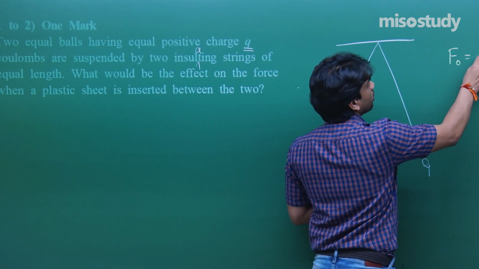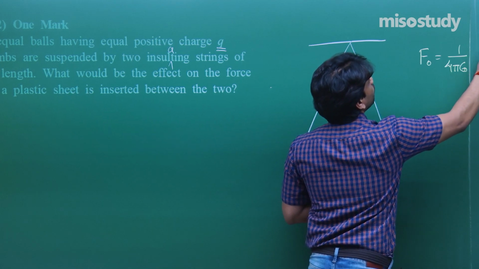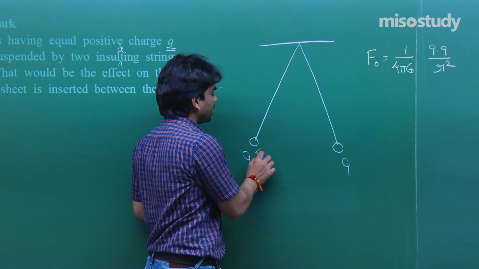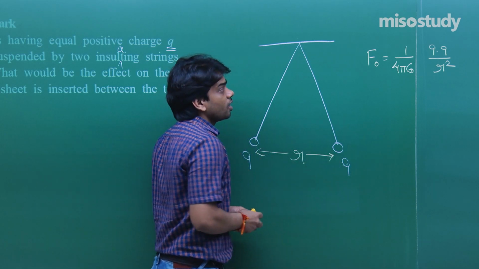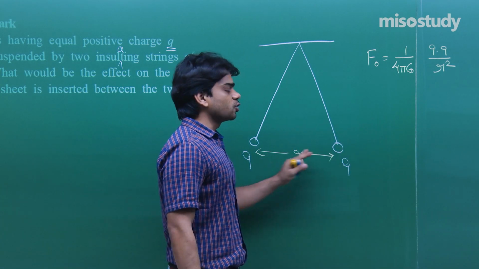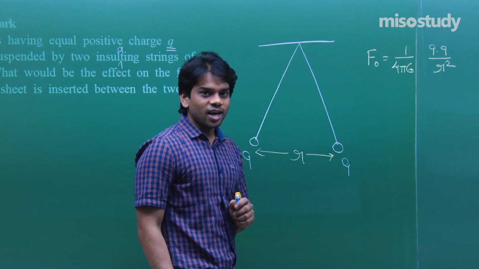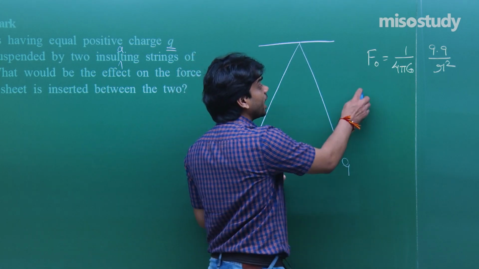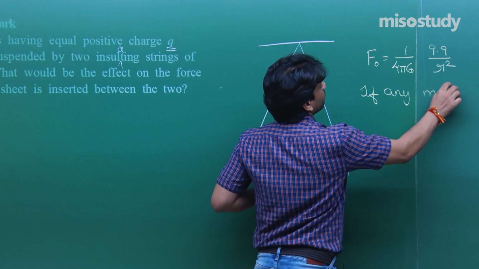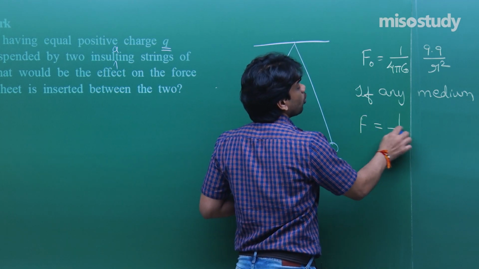So I'm marking it F naught, it will be given by 1 upon 4 pi epsilon naught, Q squared by R squared. All symbols have their usual meaning. R is the separation between the charges. Now, we all know that this force acts whenever there is no medium, it's vacuum. Now suppose any medium is brought between the charges, as we have discussed in our class, if any medium comes in between the charges, the force is given by 1 upon